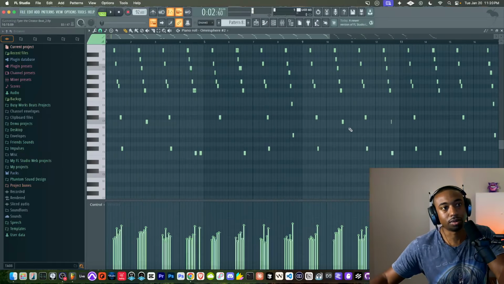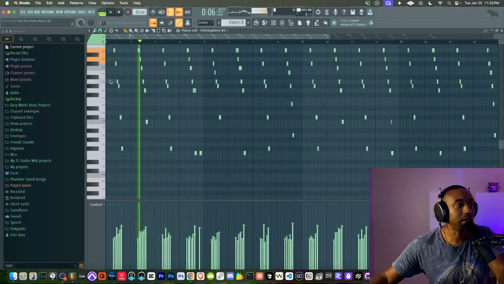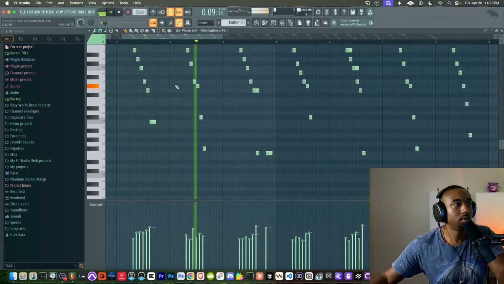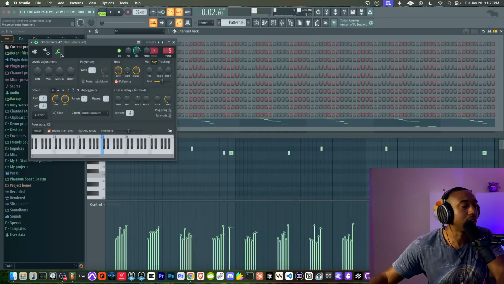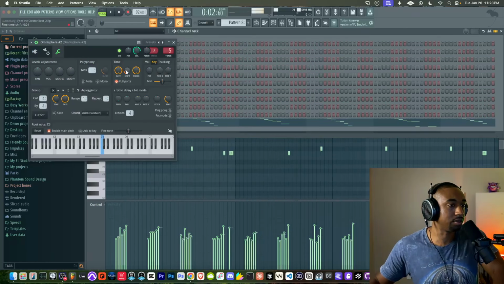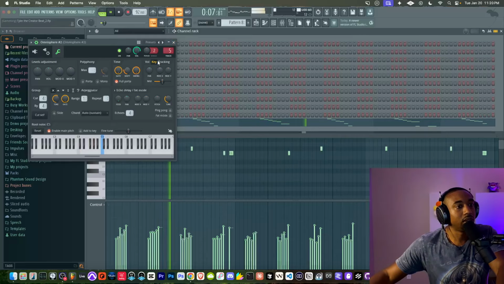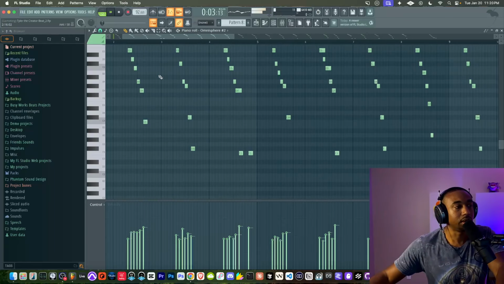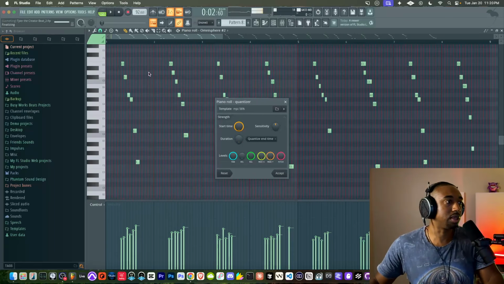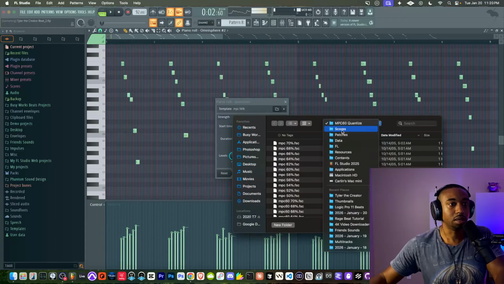Now the bass line was a little rough, not as perfectly played. So we're gonna have to quantize this, but not too much. So here's my hack. Basically with the bass, I'll quantize it and then time shift the entire performance so it fits in a pocket. Not the greatest thing, but also when you quantize, it gives it a definitive note length. So sometimes you played shorter notes, and if you quantize, it will elongate the notes, which is not what we're trying to do. So in this case, we have to hit Alt Q and not mess with the duration of the notes. We have to take off any templates that you guys may have on.